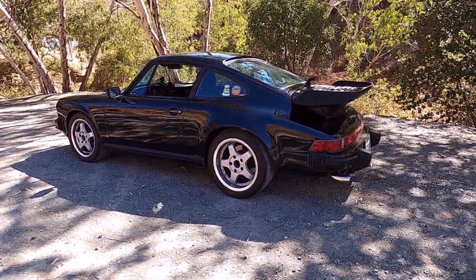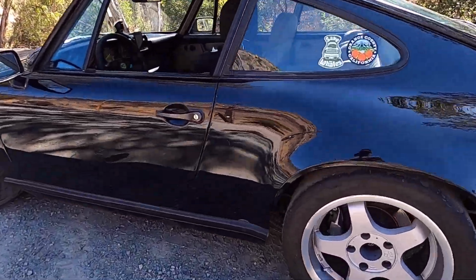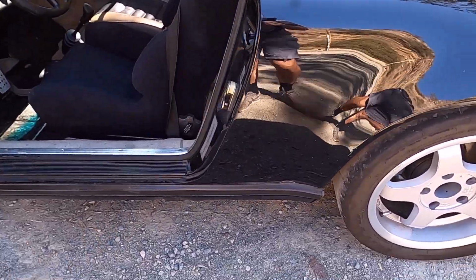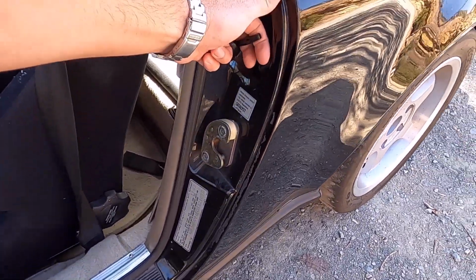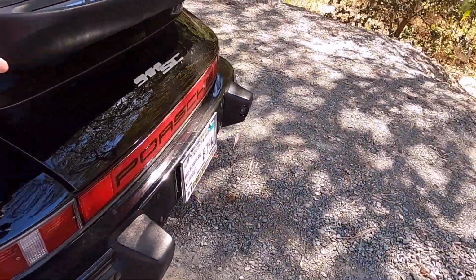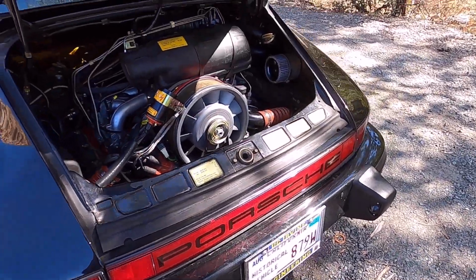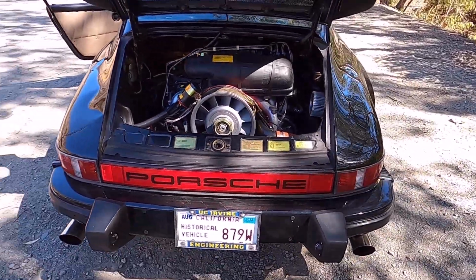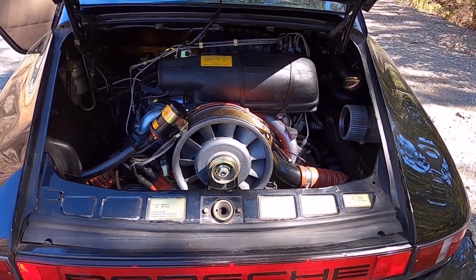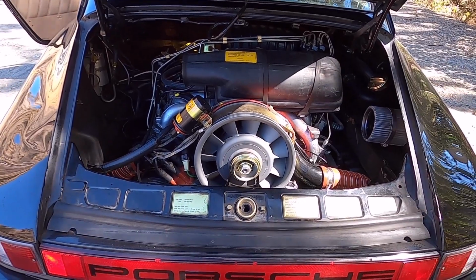So that's the exterior of the car. Let's take a look at the part that I'm most proud of, the engine. 100% stock